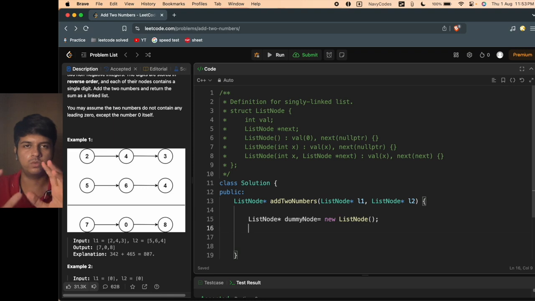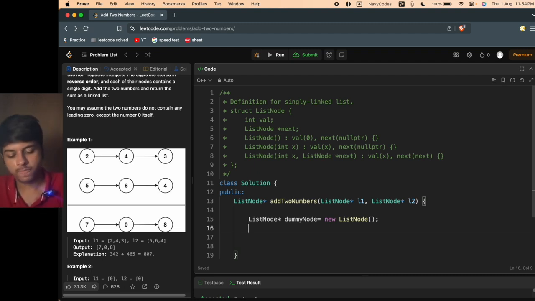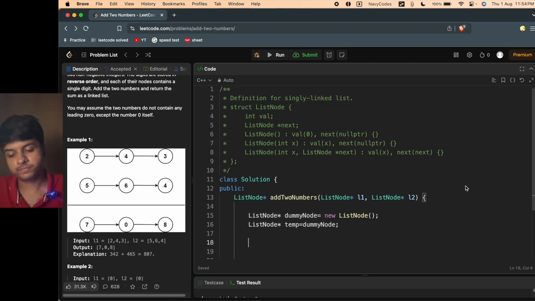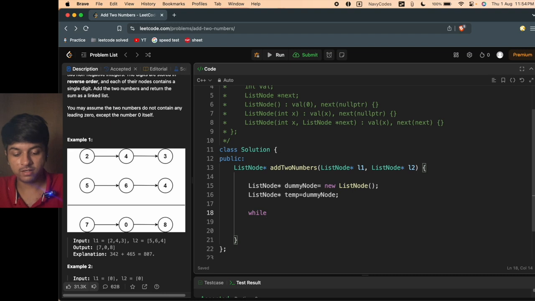We have created a new dummy list node in the initial, and then we'll also be creating a pointer temp, which is pointing to that initial dummy node. So it will be node star temp is equal to node. And yes, so while L1 exists, or basically we can just say while L1 is not equal to null,